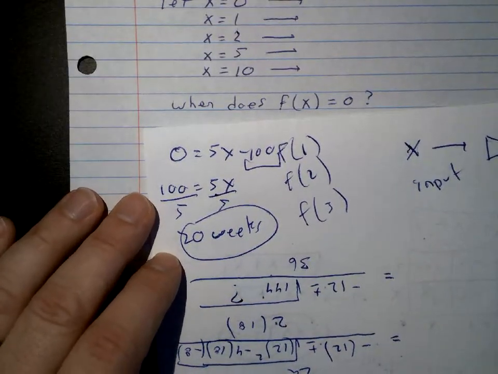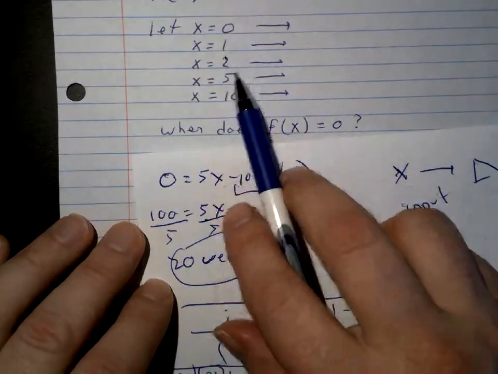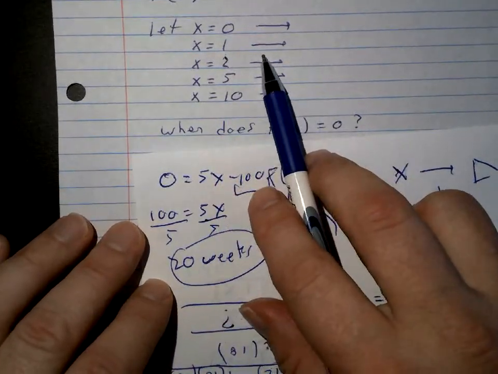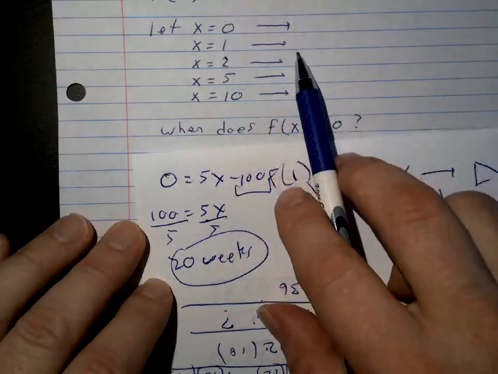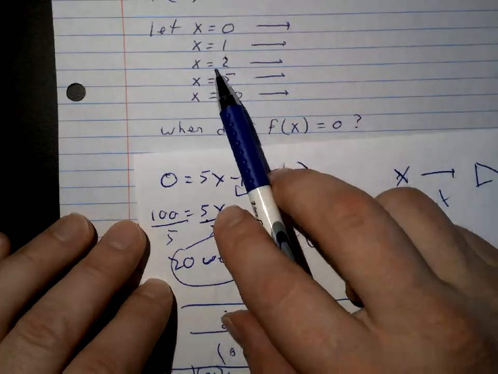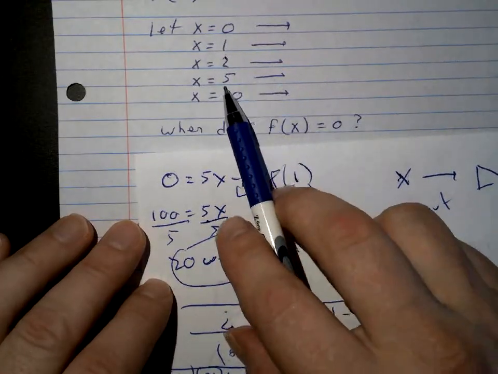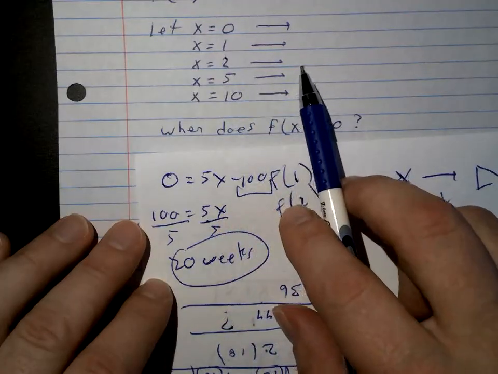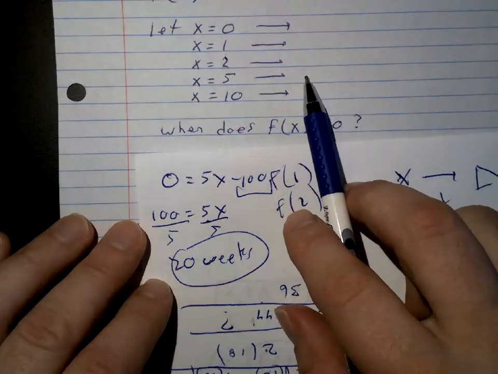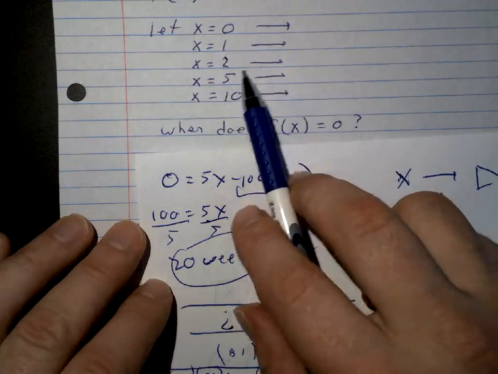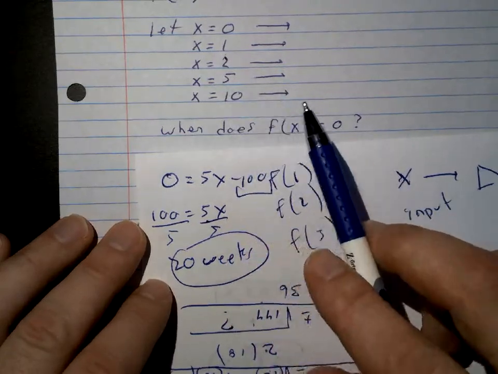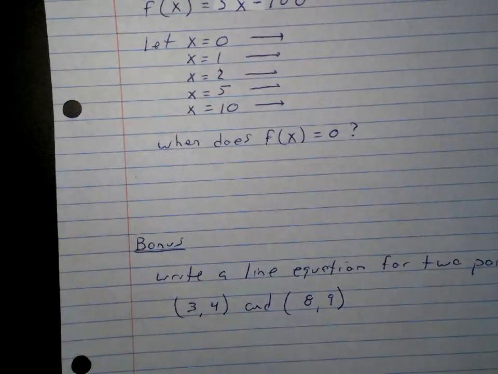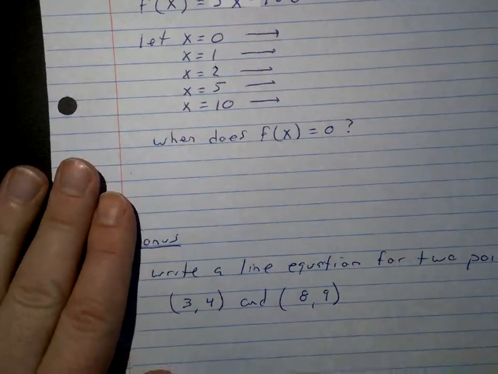That's a function. For every input, I get 1 output. I don't get 2 outputs. For 0, I don't get 2 outputs. That doesn't work. For every input, I get 1 output only. For every input, I do not get 2 outputs. That's not a function. Okay, kind of to finish this video off,